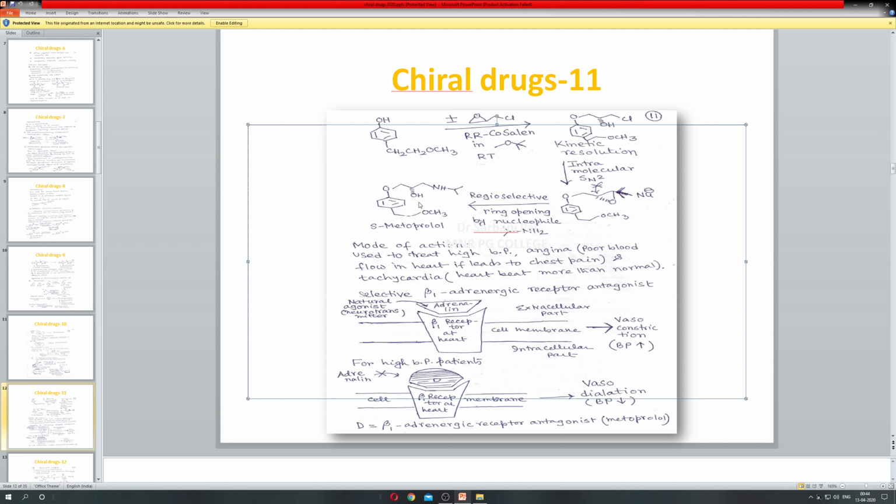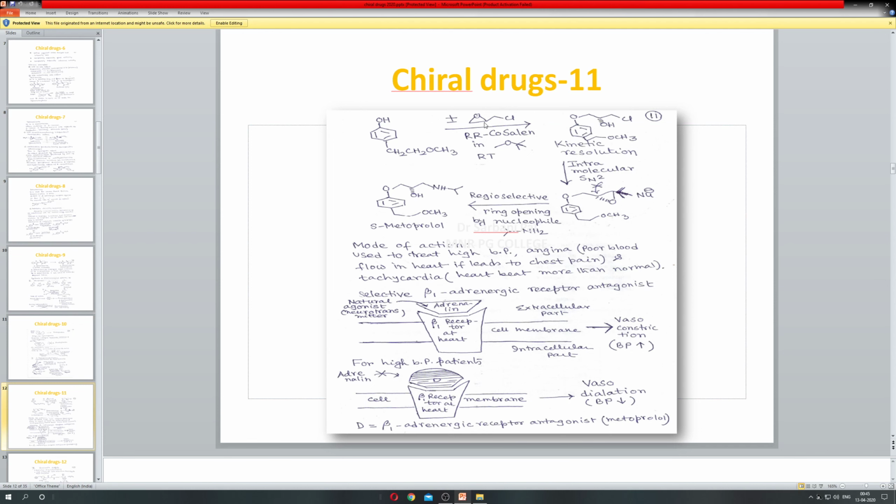So I will repeat this part once. Now we have prepared this previously. First we blocked this by benzylation. Then we had an ester in the starting compound. The ester was reduced to primary alcohol by lithium aluminium hydride. Then that alcoholic OH was methylated, and after deprotection we got this compound. This compound will act as the nucleophile, and nucleophilic ring opening of epichlorohydrin